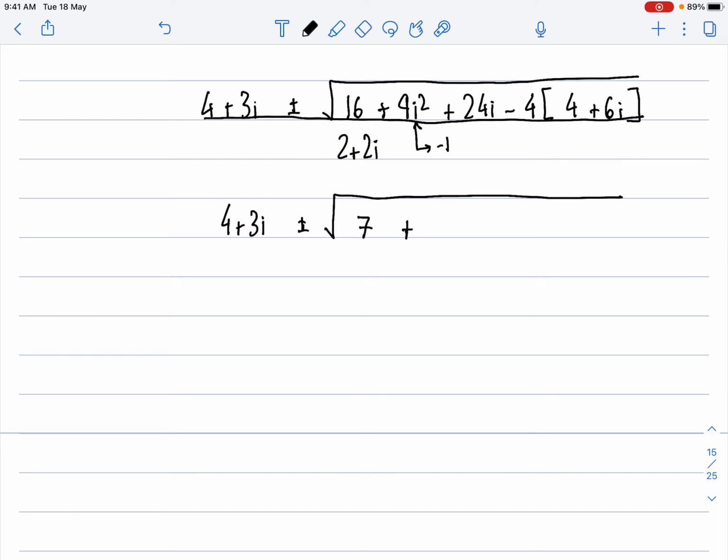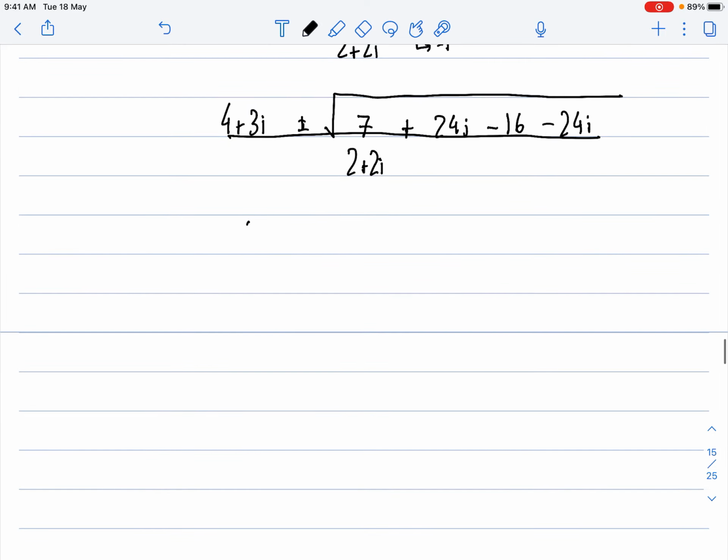So 7 plus 24i minus 16, okay, because when minus 4 goes inside, minus 16 minus 24i, okay, over 2 plus 2i. So now I can write this as 4 plus 3i plus or minus the square root of 24i, and 24i will cancel off because there's a minus, and 7 minus 16 is 9, minus 9,